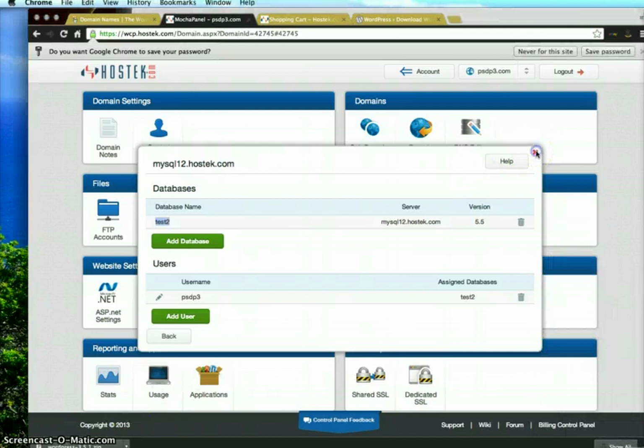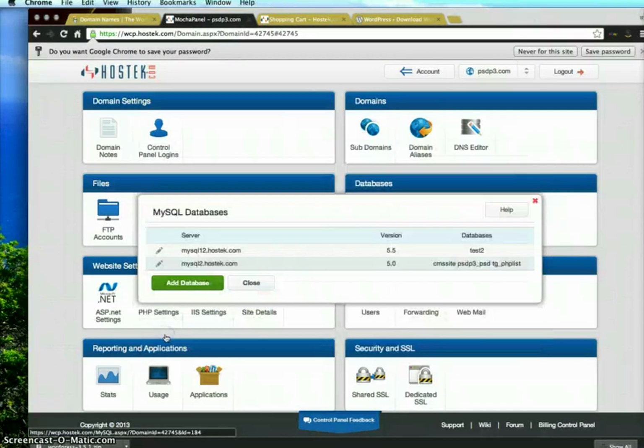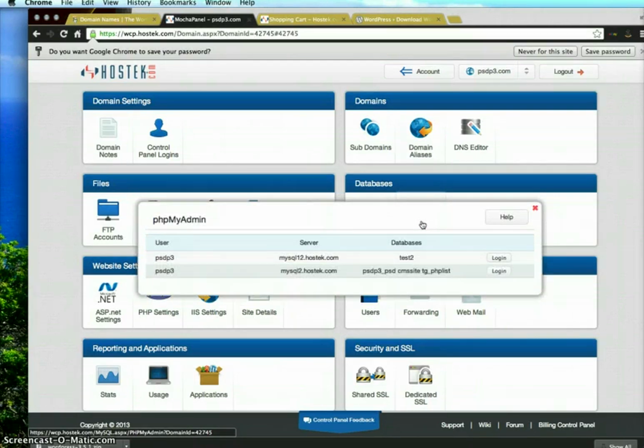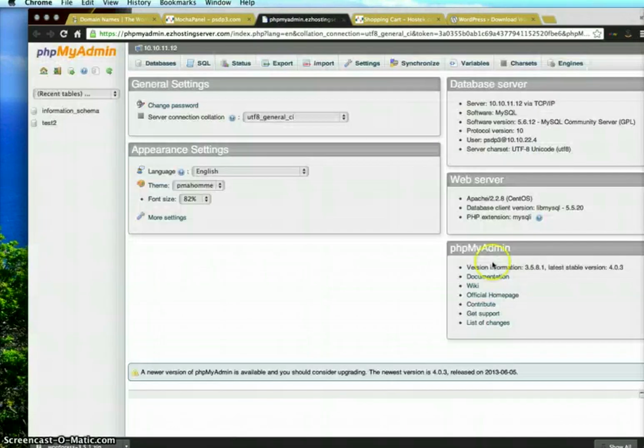I'm going to close that out, or hit back. And as you can see, I've got 2 databases here. I'm just going to close that out. Now, what I'm going to do is go to phpMyAdmin. And I'm going to log in. So I've got 2 separate logins here. And here is my test2. Now, right now, test2 is